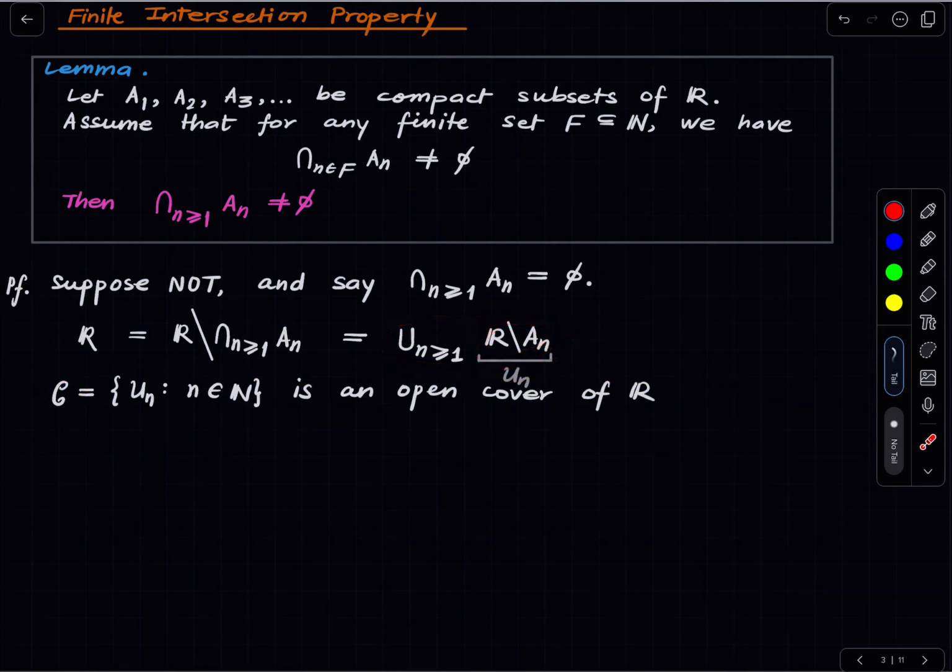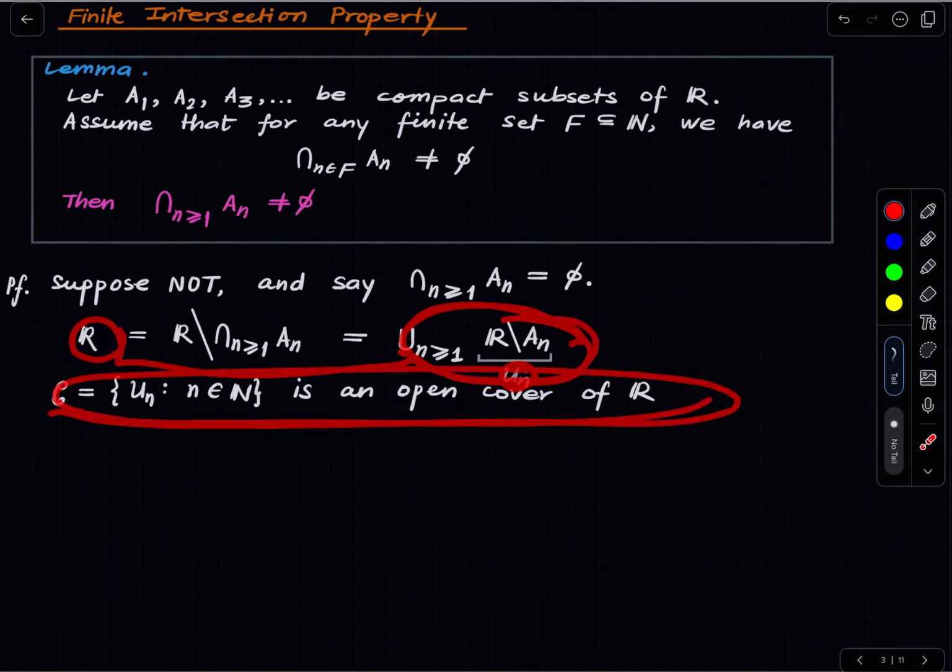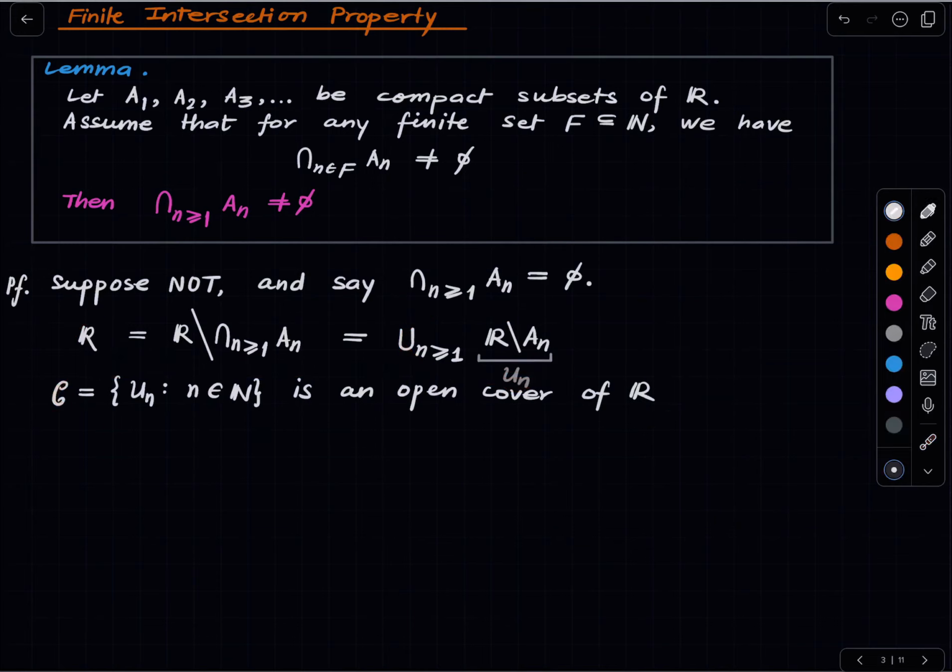Each Un is open because each An is closed. An is compact and hence in particular closed. Therefore, each Un is open, and the union of all the Un's is R, so this statement is justified. But if it is an open cover of R, then it is in particular an open cover of A1 because A1 is a subset of R. And now by compactness of A1,